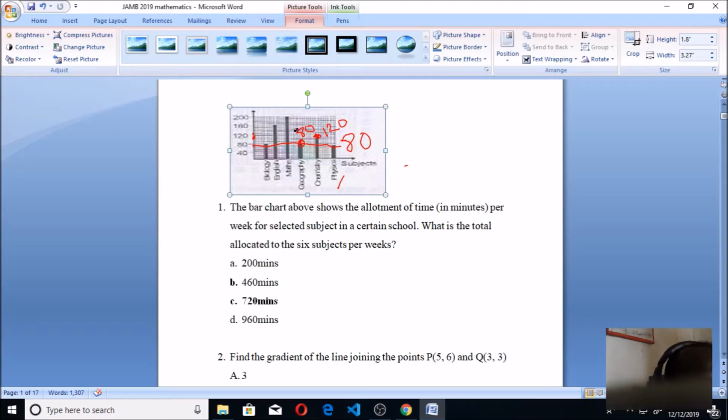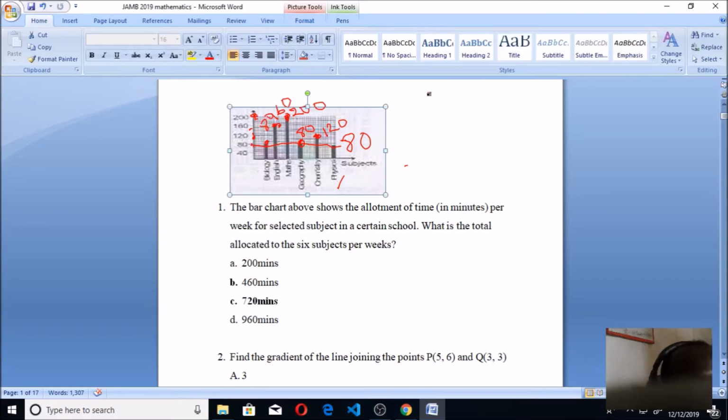You can see mathematics is here, and it's 200. So mathematics is 200. Then we'll talk about English. You can see this is English, and it's actually 160 here. So English is 160. Then we'll talk about biology. We can see biology here, and it's 80. So biology is 80. So we can say that the total for all of them is, we have physics to